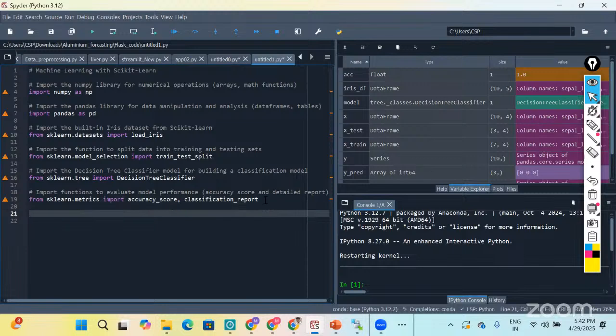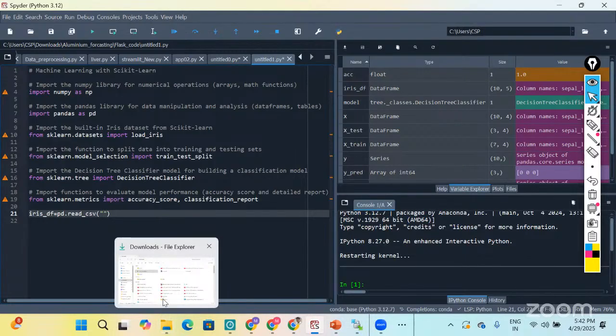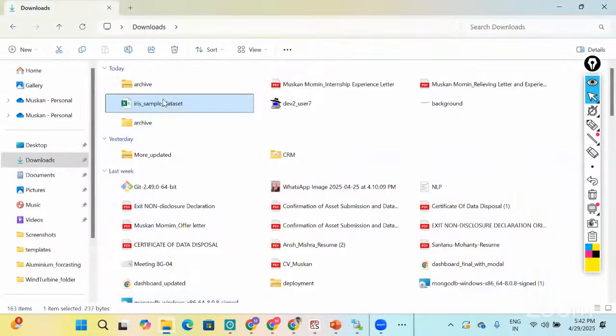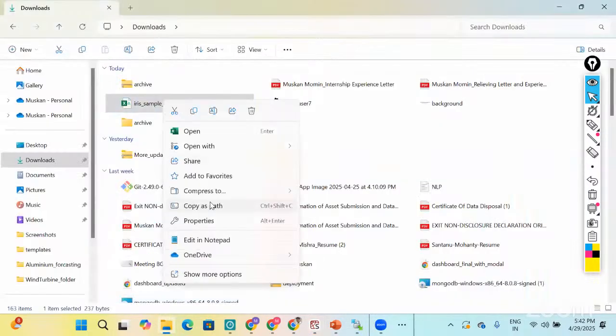Now first I need to upload my data. I'm taking a variable called iris_df equals pd.read_csv. So I need to import it first. I need to go where my dataset is available. Here is my dataset. I'm taking copy as path.